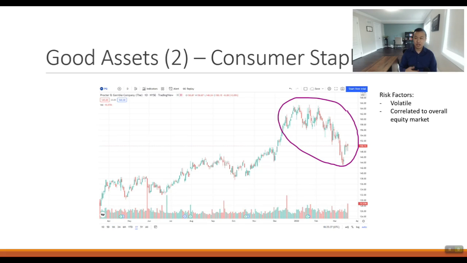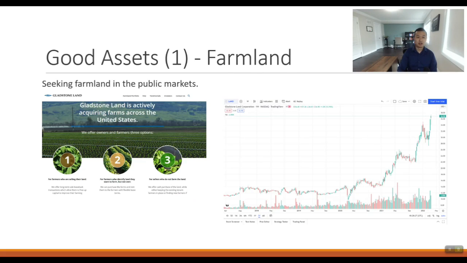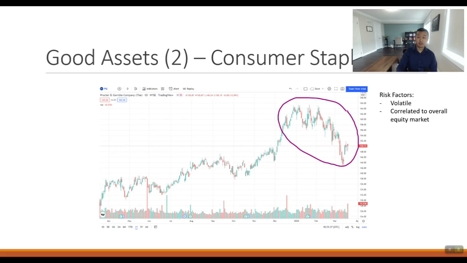But I understand that anytime you buy stuff like farmland, even the farmland fund, and even the consumer staple stocks, anytime you buy anything in the secondary stock market, you are exposing yourself to high volatility and overall a degree of correlation to the equity markets. But overall, I think consumer staple companies are good buys in this risk scenario, because they have good income producing products that people will need to buy.